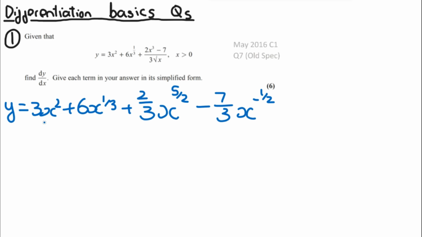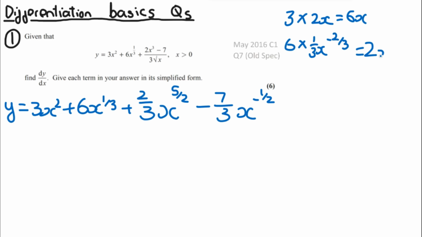Okay, so 3x squared over here is going to be 3 times, and then the differential of x squared is 2x. I'm going to simplify this to 6x. 6x to the power of 1 over 3 is going to be 6 times, and the differential of x to the power of 1 over 3 is 1 over 3 x to the power of minus 2 over 3, which is equal to 2x to the power of minus 2 over 3. Then 2 over 3 x to the 5 over 2 is going to be 2 over 3 times 5 over 2 x to the power of 3 over 2, which you can simplify by cancelling these two out to get